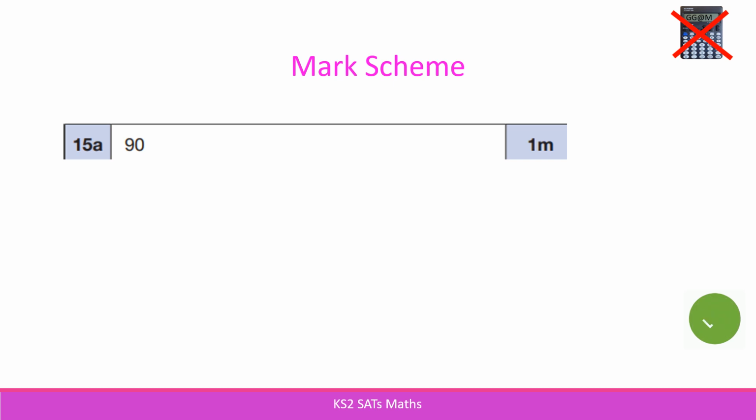The mark scheme on this question shows the answer is 90, which is worth 1 M, which means 1 method